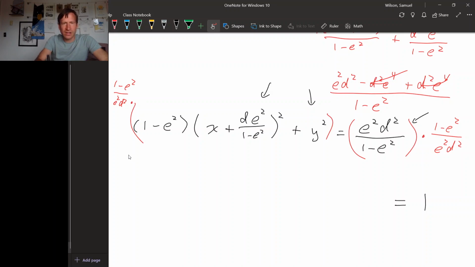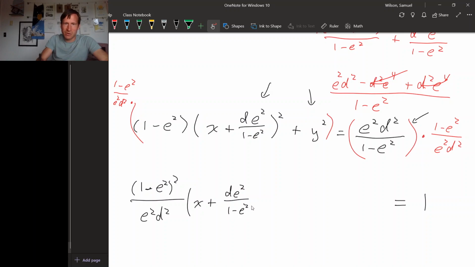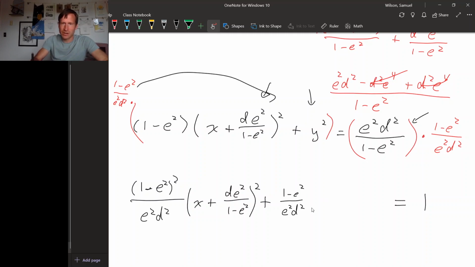Okay, on the left-hand side, we need to distribute this thing we're multiplying by. So we get 1 minus e squared, squared over e squared d squared times x plus de squared over 1 minus e squared, squared, plus, and then distribute this thing over to our y term as well, 1 minus e squared over e squared d squared